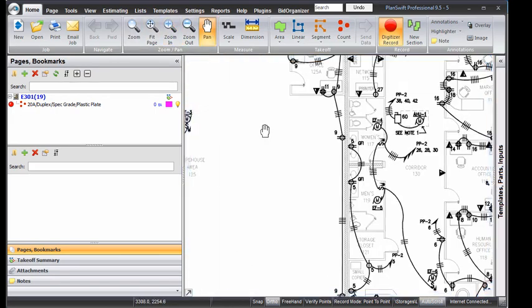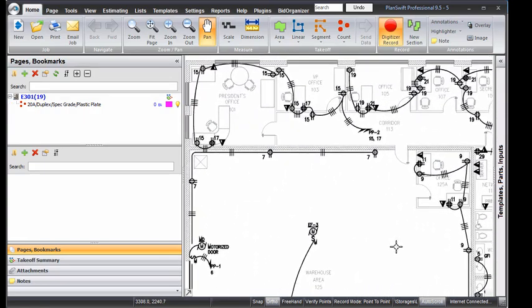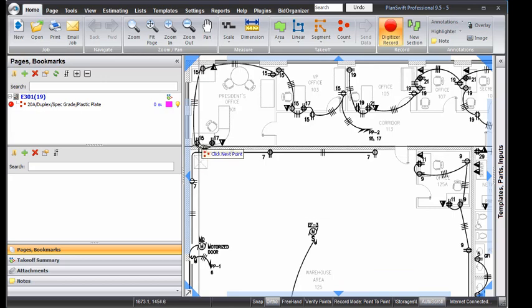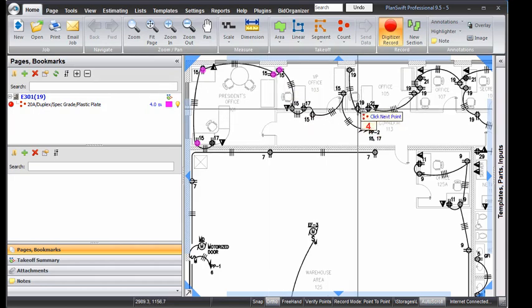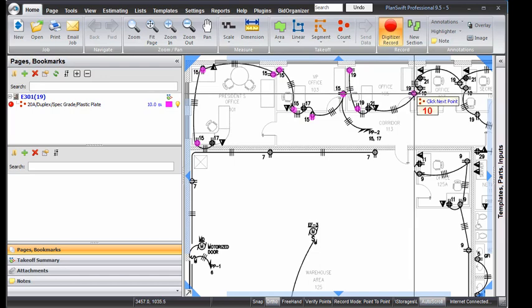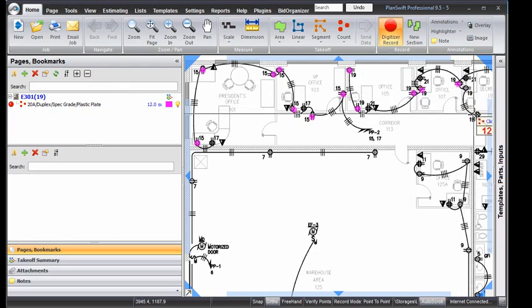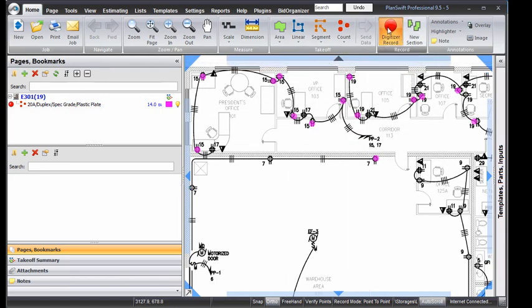I'm going to move up to the top left part of the drawing, so I can count. And all we do now is just start counting. When you click with your mouse, it marks it on the drawing electronically. You can go as fast as you want. Now, you can continue counting the whole page, or you can stop right now and count something else. If I want to finish what I'm doing for now, I hit the little red button at the top to